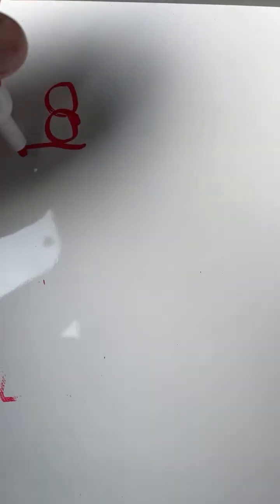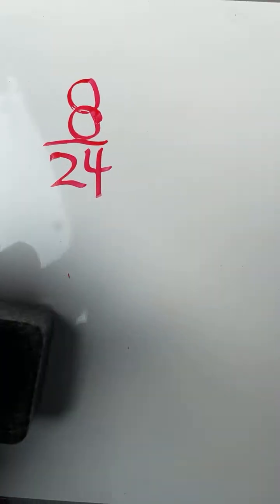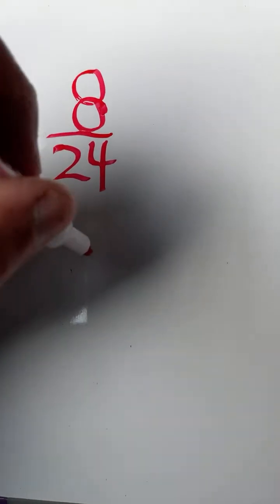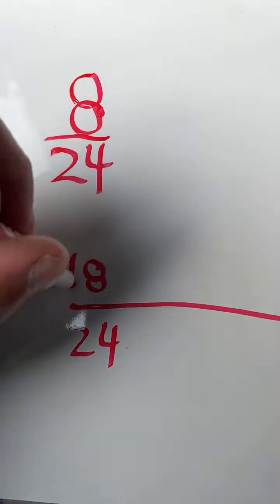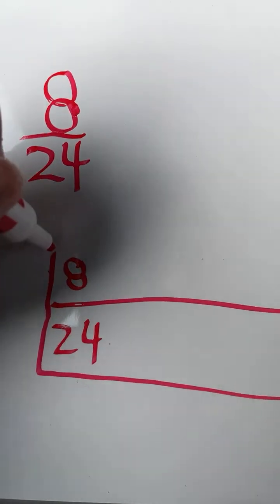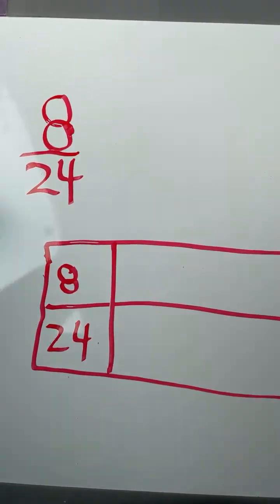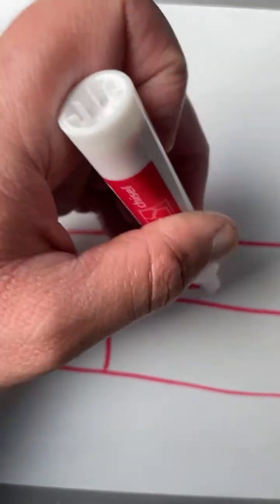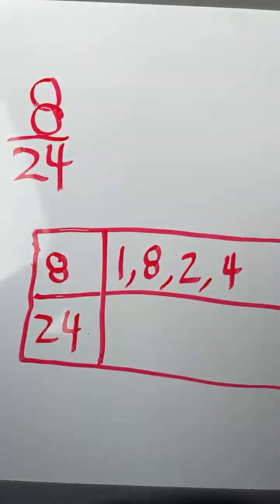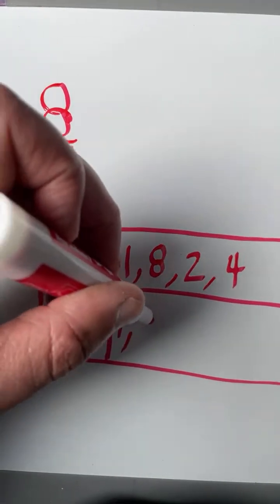All right, 8/24. Need to convert 8/24 to lowest terms. So we are going to do the same thing. We got to find the greatest common factor between 8 and 24. So I'm going to list the factors of each. So the factors of 8 are 1 and 8, 2 and 4. The factors of 24 are 1, 24,